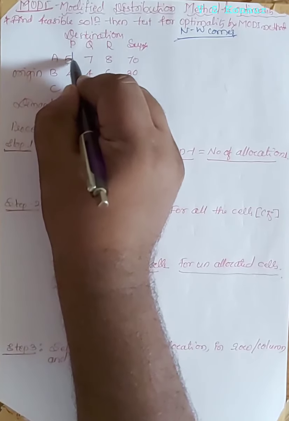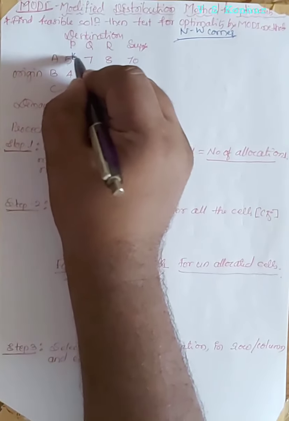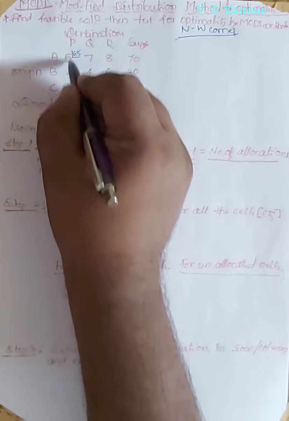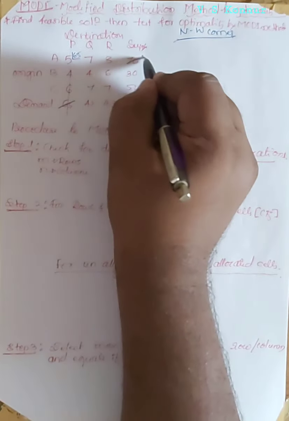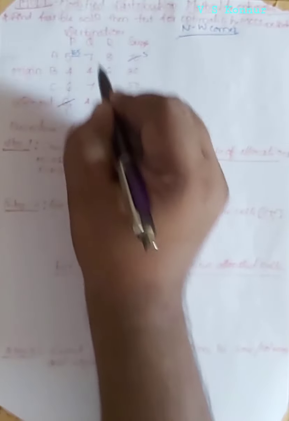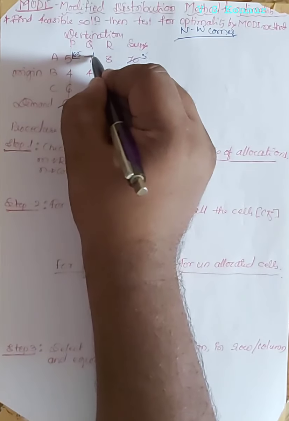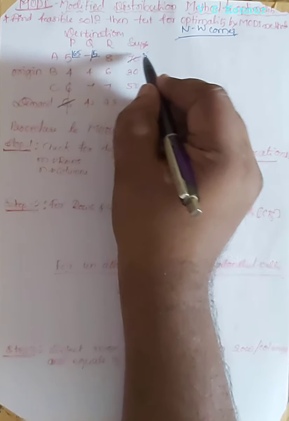So this is the northwest. For this northwest, 65 and 70 are there. 65 is allocated, and this row is eliminated. 5 is left, and then the northwest is 7. For that 7, 42 and 5 are compared. 5 will be allocated here, and then